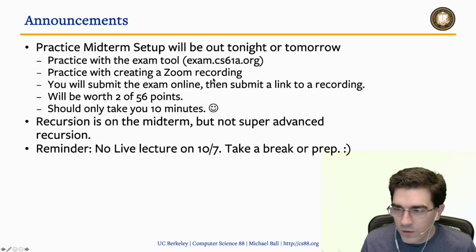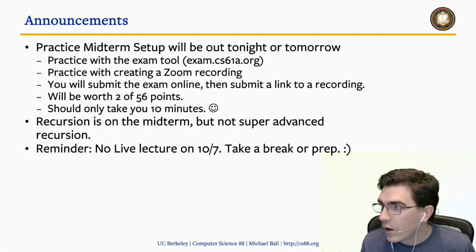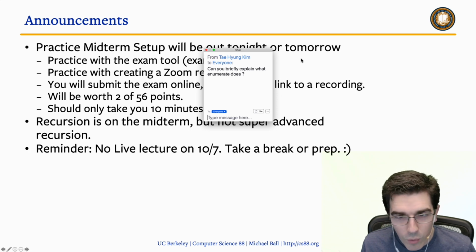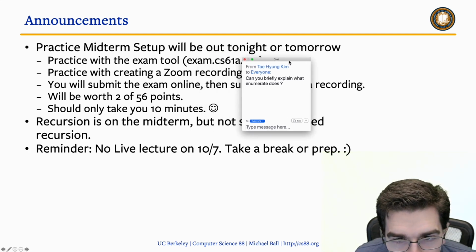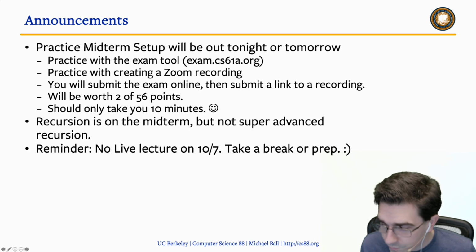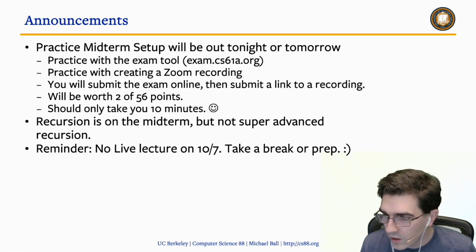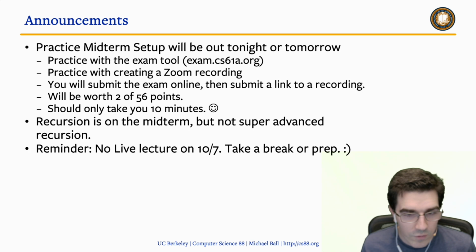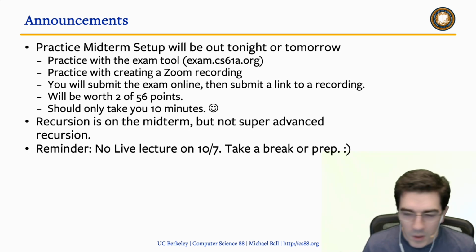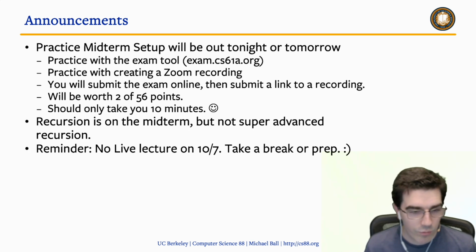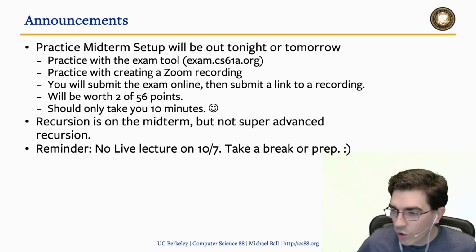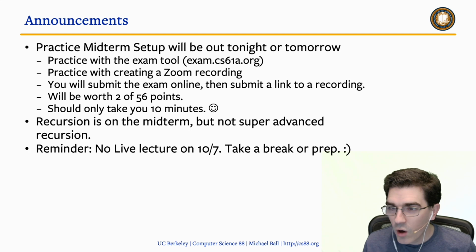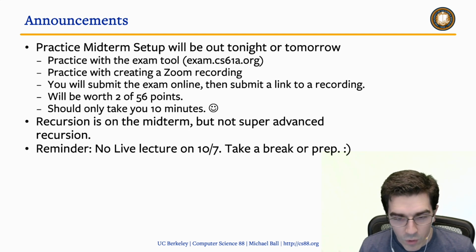But the practice assignment will just be like a minute long, and that will be 2 points. We'll just give you credit to practice, and the idea is that it will be due a day before the midterm. So just sometime later this week or on the weekend, if you could just practice with the tools. And then again, recursion will be on the midterm. The topics that we'll do today will hopefully give you an idea. One of the examples that we'll go over